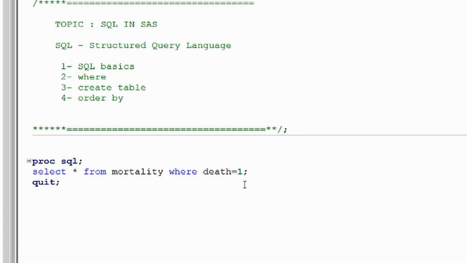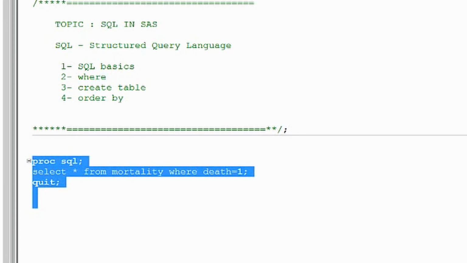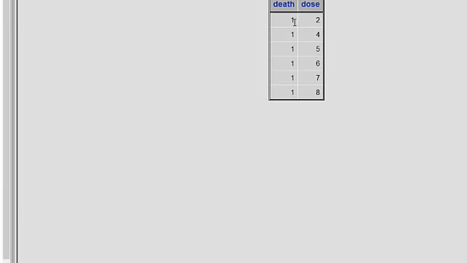Death has values 1 and 0, right? I want to extract all the cases where death is equal to 1. For that I use the where clause. It's a conditional statement, pretty much similar to the if clause in base SAS. You can see in the output, wherever you have death 1, the corresponding dose values are printed along with death.